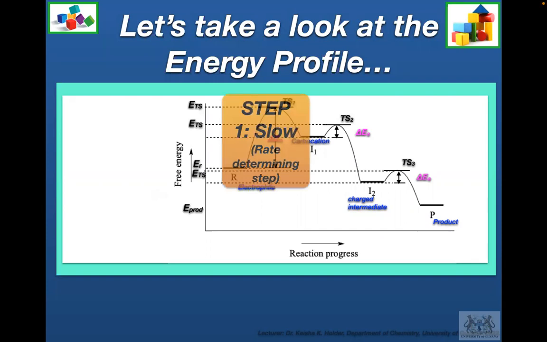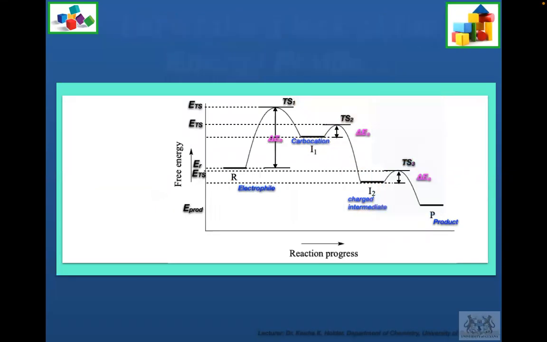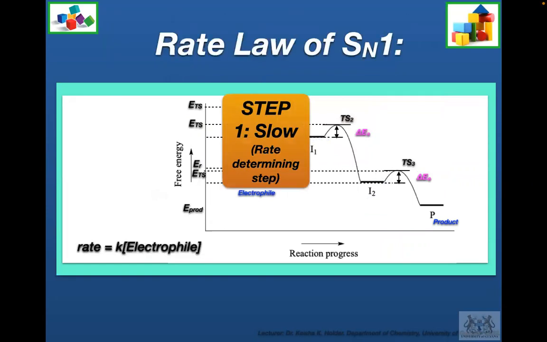Sorry, not why that's the first step, but why that would be the rate determining step, because it is the one with the largest activation energy, hence it is the slowest. The second step is a fast step, as well as the third step. Activation barriers are low for those, hence the rate constants are high for those. Okay, good. So moving forward, we can then see that the rate law for this reaction is actually determined by